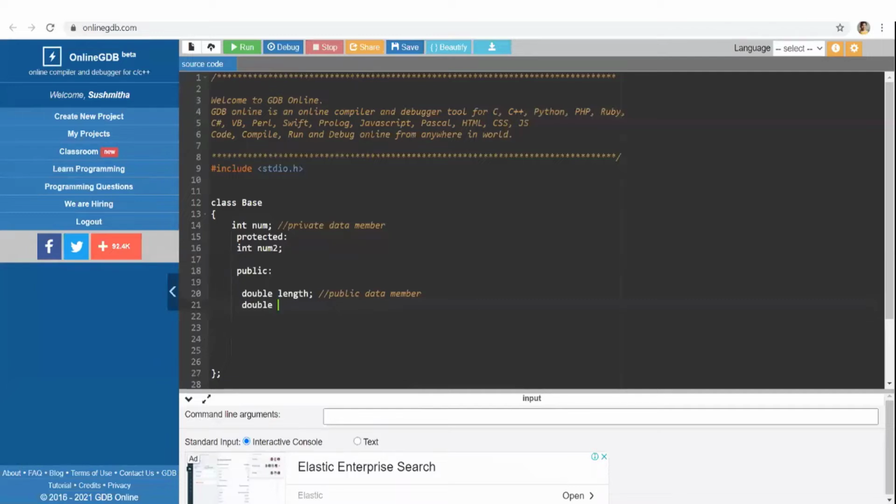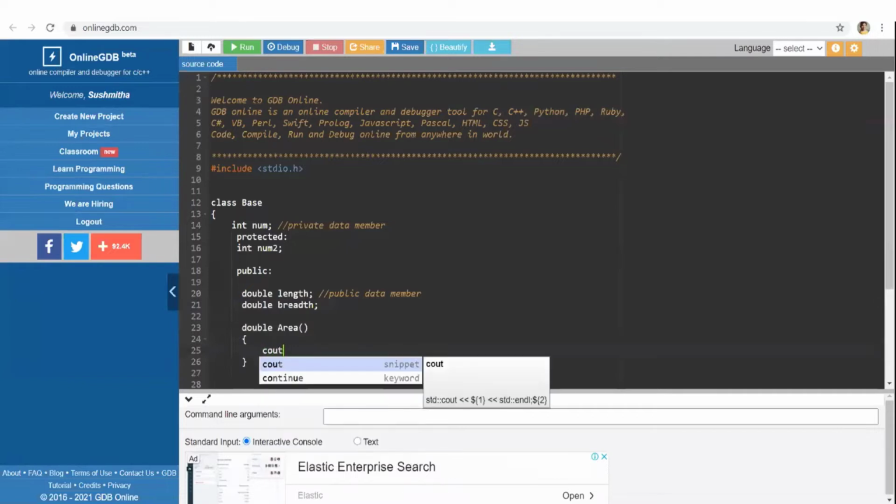What we have seen earlier is that we have calculated the area of a rectangle. So here I'm trying to do the same. I have length and breadth as the data members defined, and area as the member function.